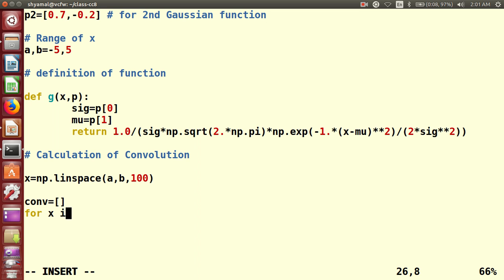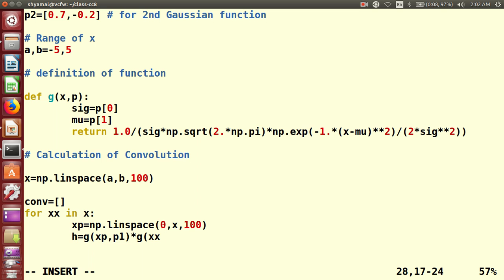Now for xx in x, xp is equals to np.linspace(0, xx, 100), similar to the previous example. So y is equals to g of xp comma p1. This is for the first Gaussian function, and for the second Gaussian function,